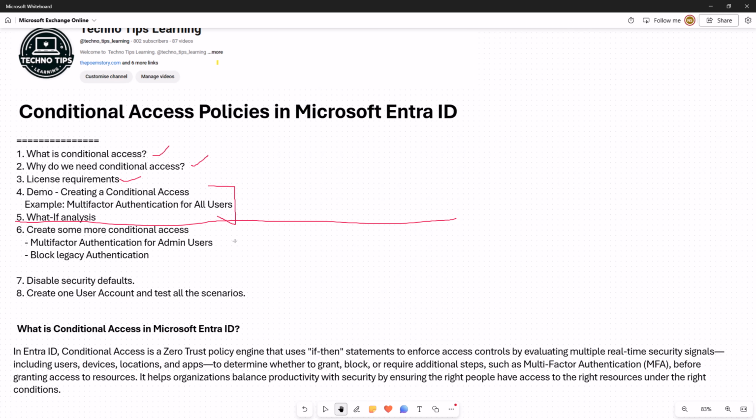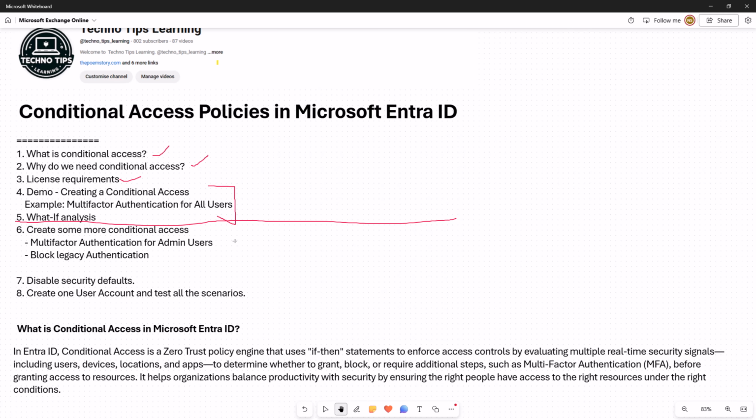After we create them, we will understand the security defaults and disable them. Then we will create one user account and test all the scenarios. That is what we are going to do in this video.